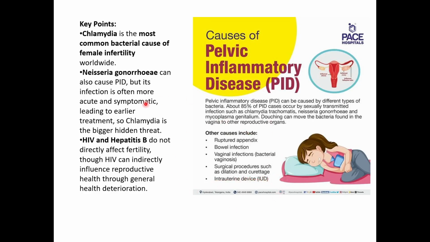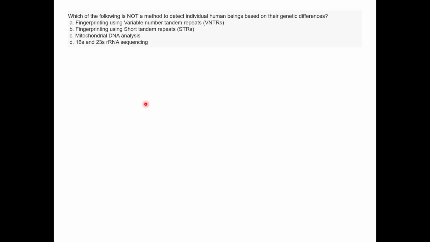So these are all the causes of pelvic inflammatory disease, and the major cause is Chlamydia trachomatis. Next is, which of the following is not a method to detect individual human beings based on their genetic differences? We have fingerprinting using variable number tandem repeats, fingerprinting using short tandem repeats, mitochondrial DNA analysis, 16S and 23S rRNA